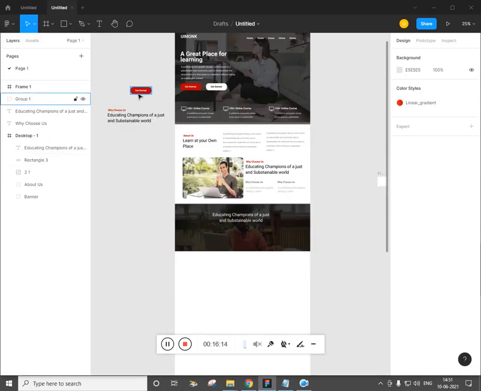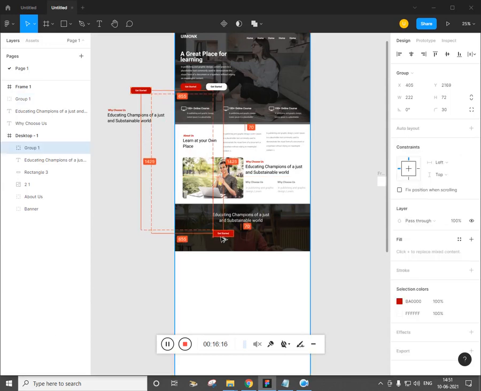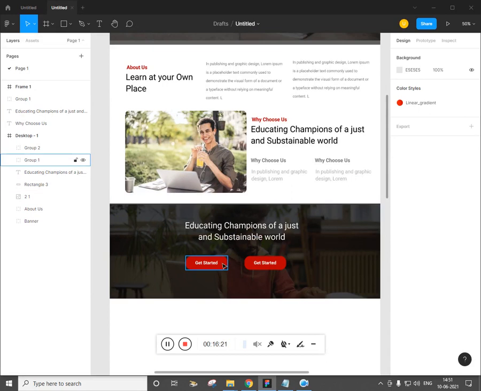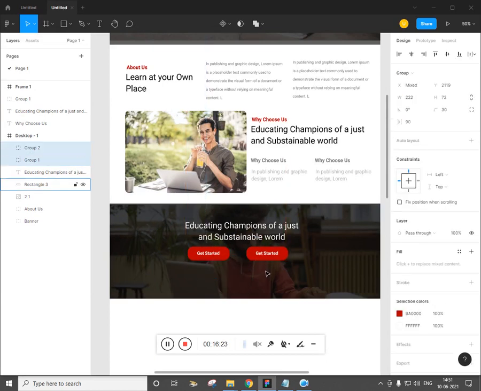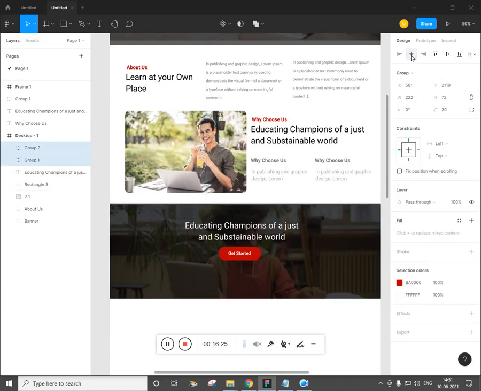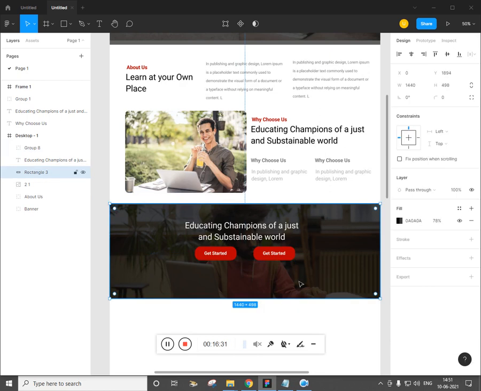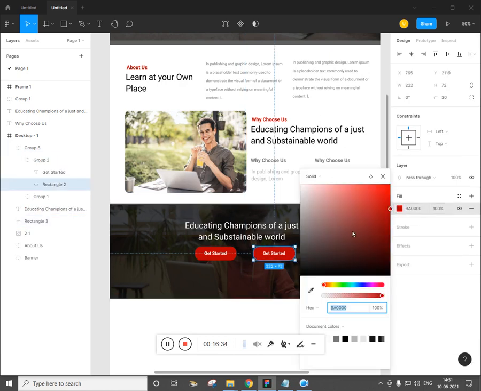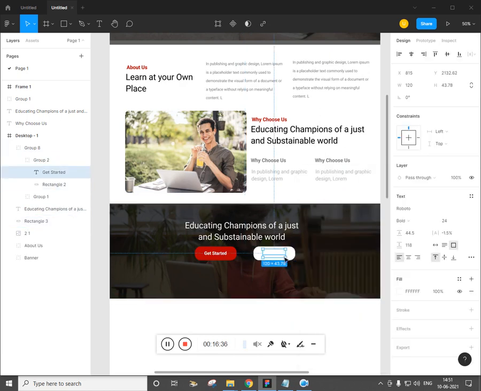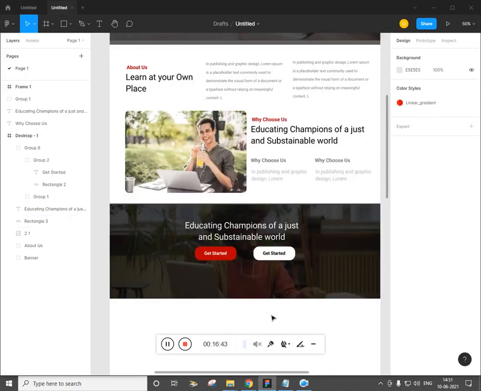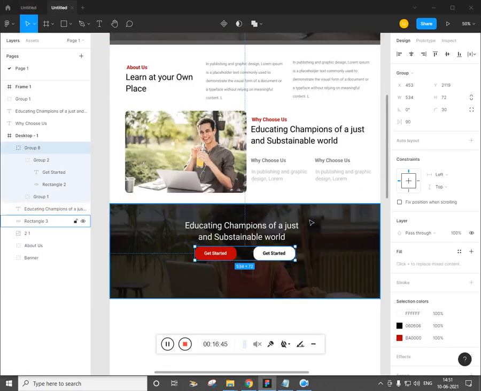So that's cool. Now we need button, alt drag, place it here, alt drag again, place it here, select these two and make this closer, or you can make this anytime. Group this and align center. Now individually select it, control individually select and change the color to white. Now control individually select, change the text color to black and cool. Here you go.